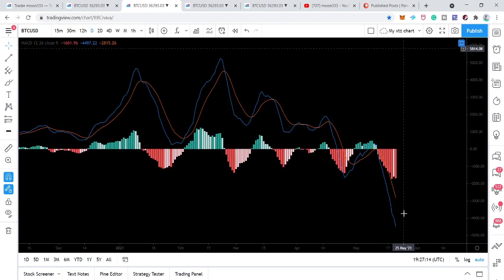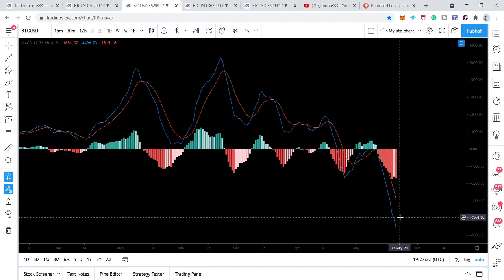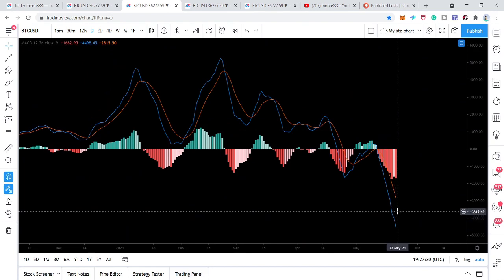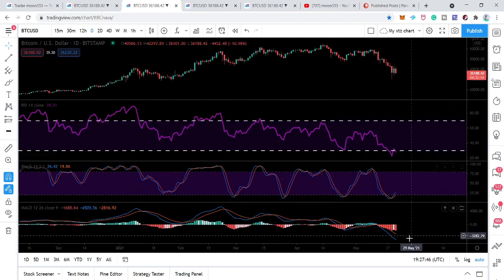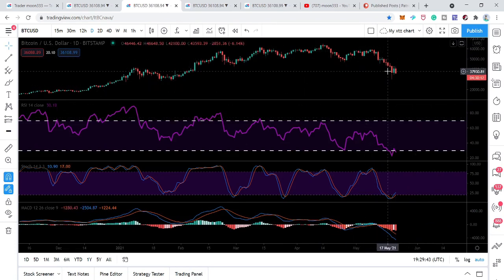Now I want to show you this MACD that is very important. We can see that the value of the MACD is more than 4,400. You can see the value of this blue line. I'm just placing my mouse here, and you can see the value here. And you can see that the value of the MACD is more than 4,400 in negative. That is extreme oversold, and this is the most extreme oversold condition of the MACD in the history of Bitcoin so far. Therefore, we can expect that this will work as a support, and the price action may consolidate at this same level.